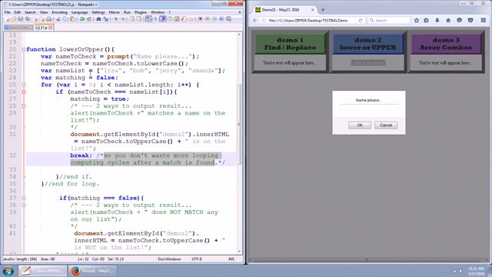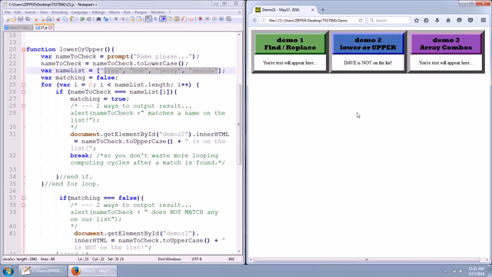Otherwise, let's say you had 3,000 names and on name 1,000 you happen to match whatever the person typed in here with the name in this particular array. It's just going to keep looping until it finds a match. And if it never finds a match, like for instance, we've only got 4 here, and I type in Dave, well, Dave is not part of this name list. If I click OK, I get "Dave is not on the list." Well, this is how we do that. After it loops through the last element of the array,